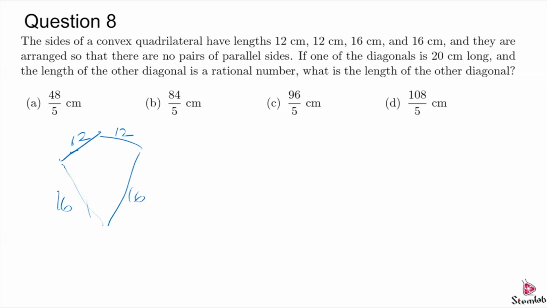Since we're given that one of the diagonals is 20, it's actually very tempting, and actually it is the correct one, to put it right here. So we have a 3, 4, 5 triangle, a 12, 16, 20 triangle. Since it's 12, 16, 20, we know that that's a right triangle. So we can calculate the area of the kite